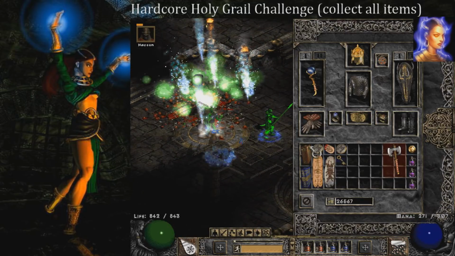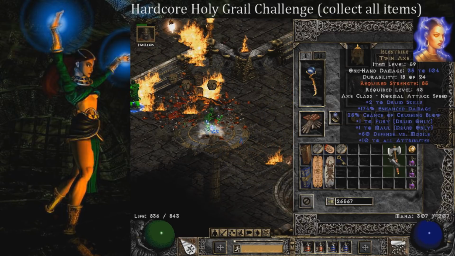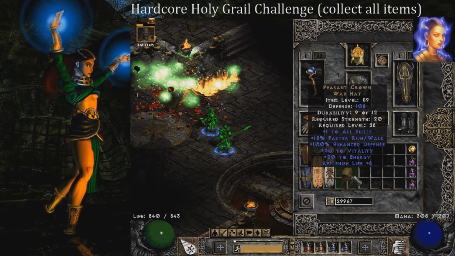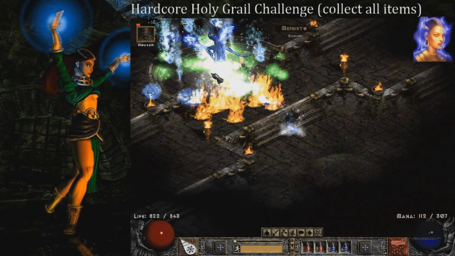Ice Strike will be on run 38 here. Pretty decent druid axe, assuming you don't have a spirit sword. Personally, I like to farm for a spirit sword before I progress into Nightmare, but that's just me. On run 42, we have a Peasant Crown, which is what I like to call the Nightmare Shako or the